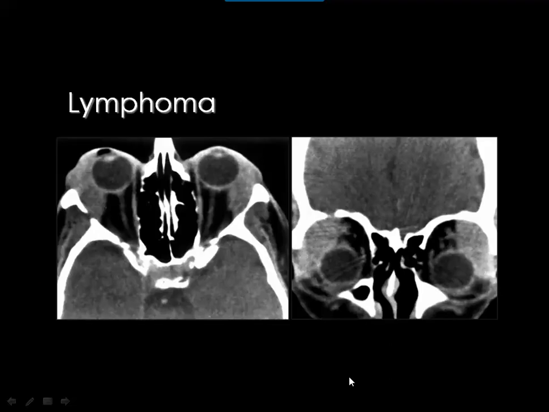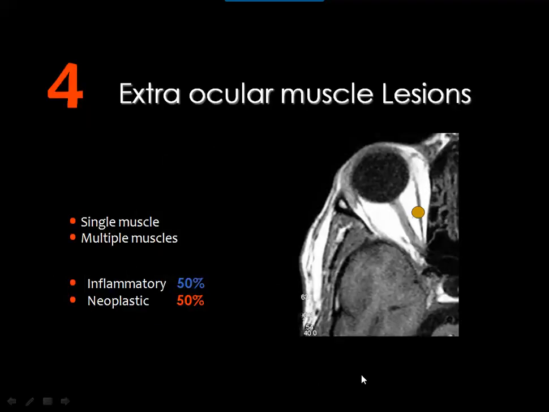homogeneous post-contrast enhancement. And this is a case of lymphoma affecting the lacrimal glands on both sides that are enlarged with homogeneous enhancement, and you can appreciate the degree of bilateral, almost symmetric proptosis. Then if you have a unilateral lacrimal gland pathology, think of infection and neoplasm as a differential diagnosis. But if you have bilateral lacrimal gland affection, you think of systemic disease, and I have mentioned the list of